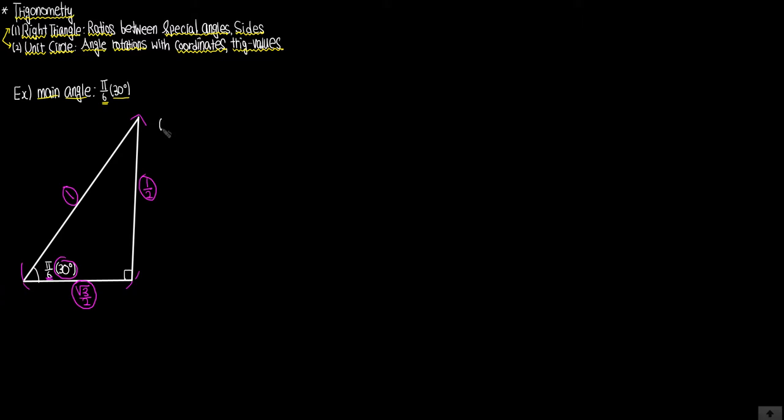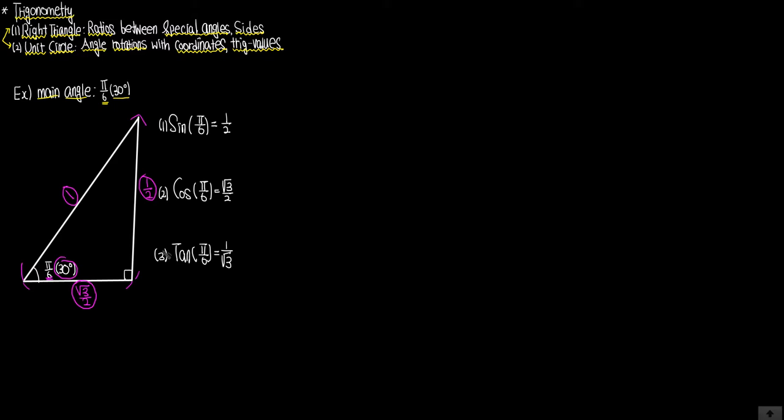And from here, we can define all three trig functions: first, the sine of our main angle, 30 degrees, or pi over 6 in terms of radians. Secondly, we need to solve the cosine of our main angle pi over 6. And thirdly, we want to define the tangent of our main angle, pi over 6. And we already defined the sine of pi over 6 as 1 over 2, cosine of pi over 6 as square root of 3 over 2, and tangent of pi over 6 as 1 over square root of 3